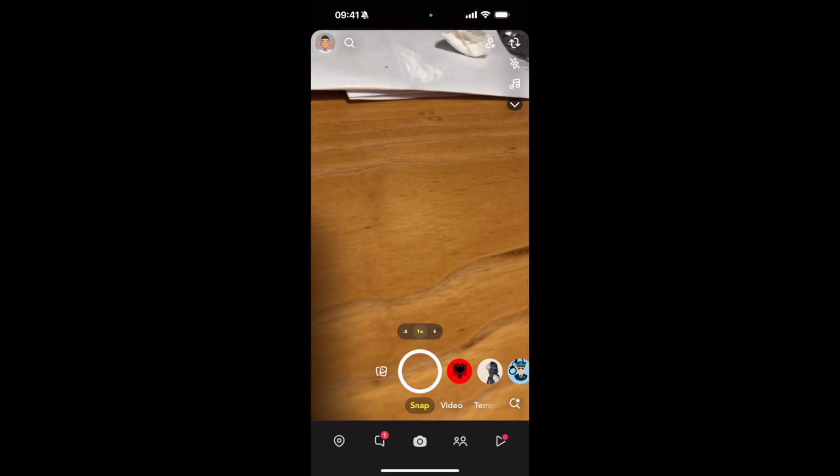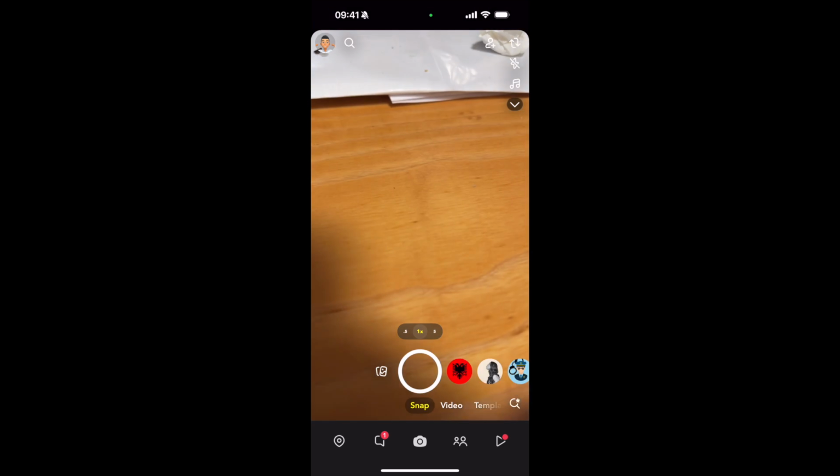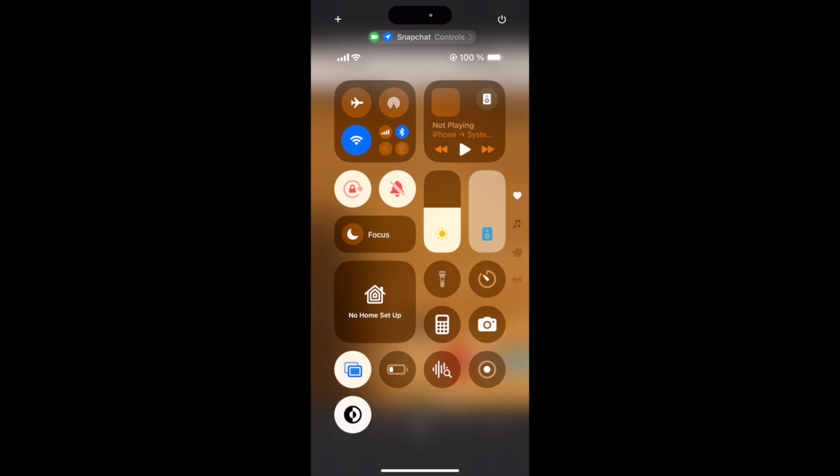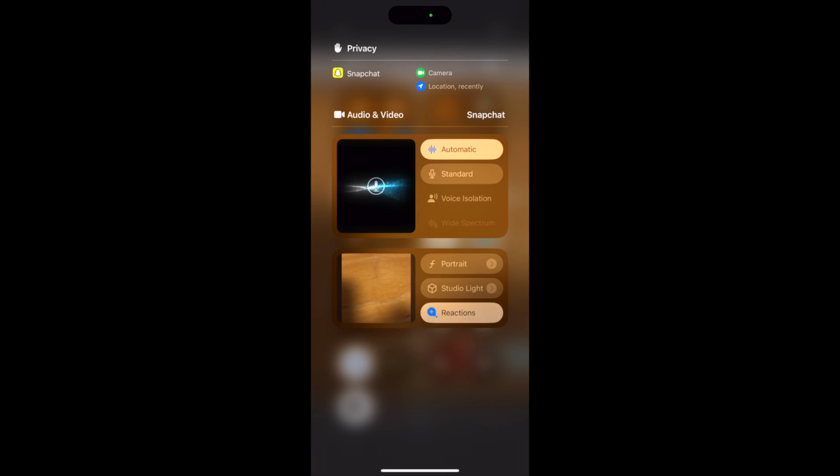So if you swipe down and see the control center at the top, you have controls. Tap on controls. Now you can see here it says audio and video. The audio is also being used by Snapchat, and the picture is also being used by Snapchat. So in any case, if you find some app which is not familiar and you want to turn off the